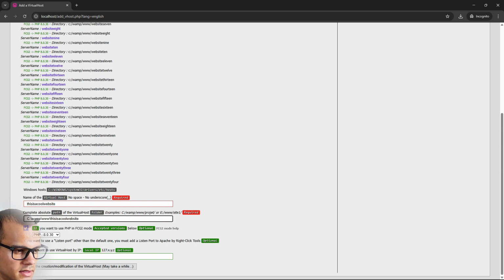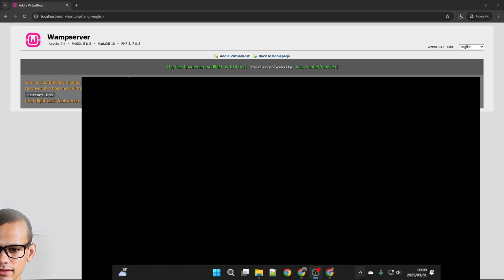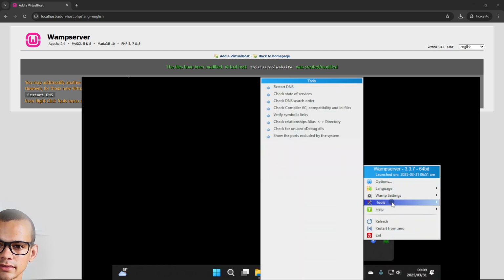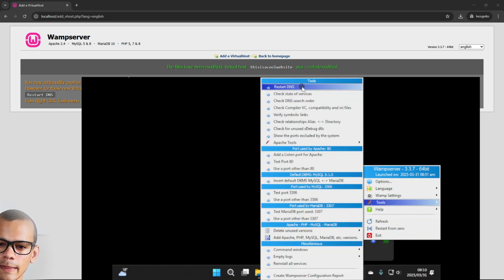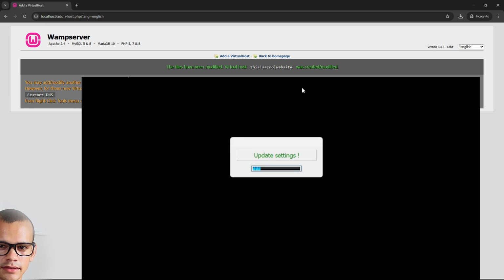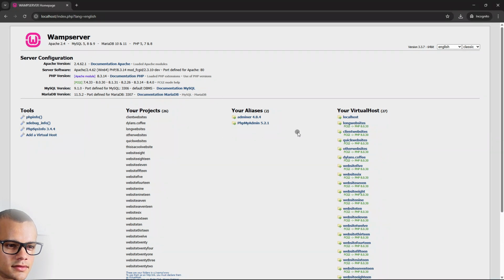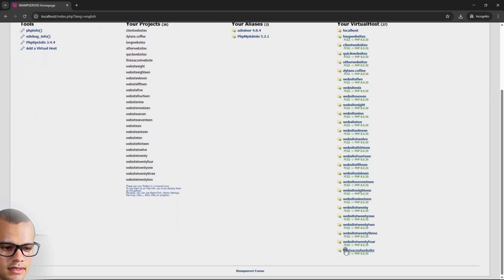I just don't want any spaces here, so I'm checking. That's cool. I'll start the creation / modification. So now what I need to do is restart DNS, and that's pretty easy. So I need to go to tools and then click restart DNS. Now it's updating my settings. Once that's done, I go back to the home page. And now I can see that this is a cool website is at the bottom. So I'll click on that